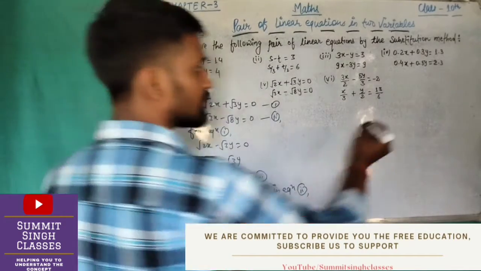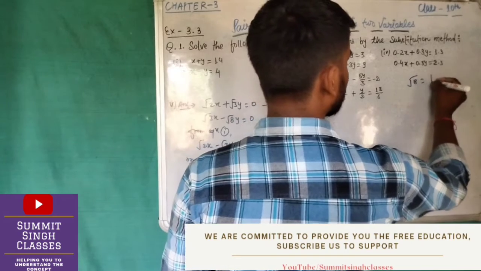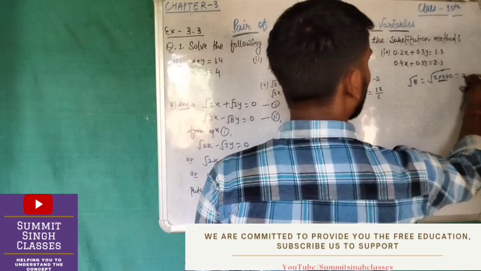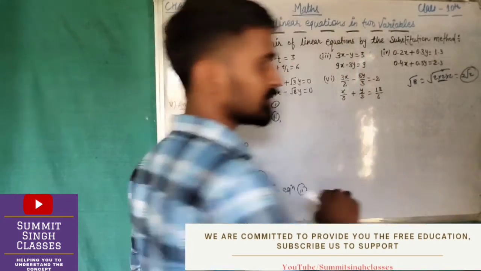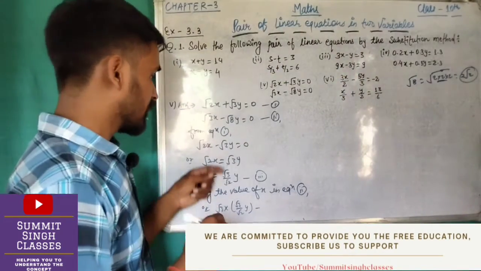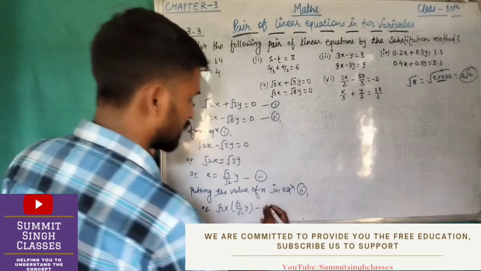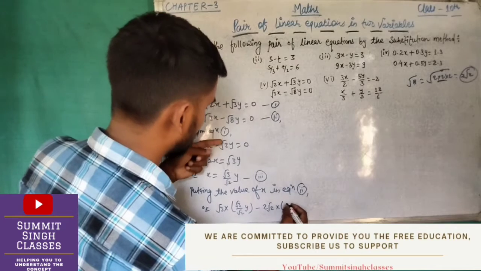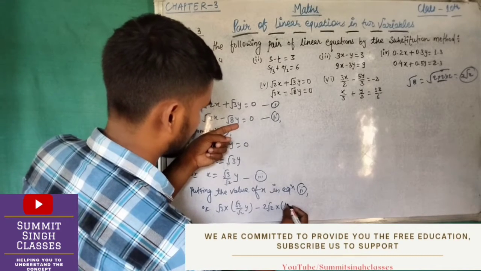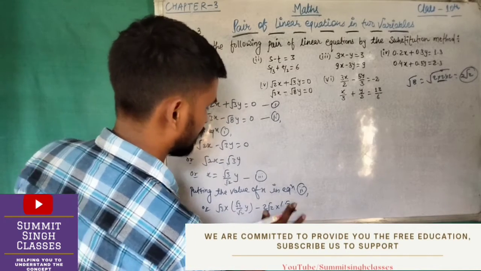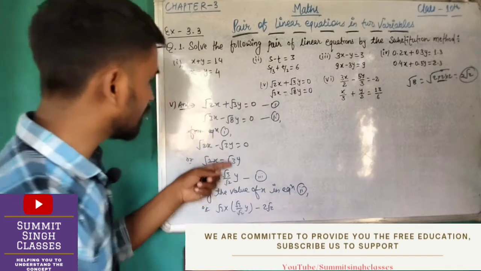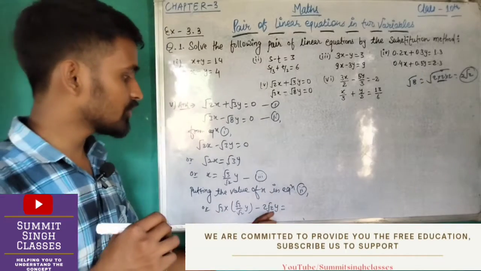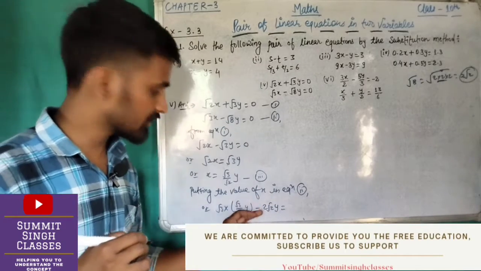8 है, तो देखो रूट अंडर 8 जो होता है तो रूट अंडर 8 को हम लोग कैसे लिख सकते हैं, रूट अंडर 2 मल्टीप्लाई 2, तो ये दोनों का तो पेयर लग गया तो एक बाहर आ जाएगा 2 रूट अंडर 2 हो जाएगा, रूट अंडर 8 मीन्स 2 रूट अंडर 2 होता है। ठीक है, तो यहाँ रूट अंडर 8 जो है उसके जगह पे हम लोग क्या लिख सकते थे, 2 रूट अंडर 2 मल्टीप्लाइड व्हाट रूट अंडर 3, no 2 root under 2 and the value of y will be y placed. Okay, so this is going to be 2 root under 2y, सिर्फ root under 8 की जगह पे मैंने 2